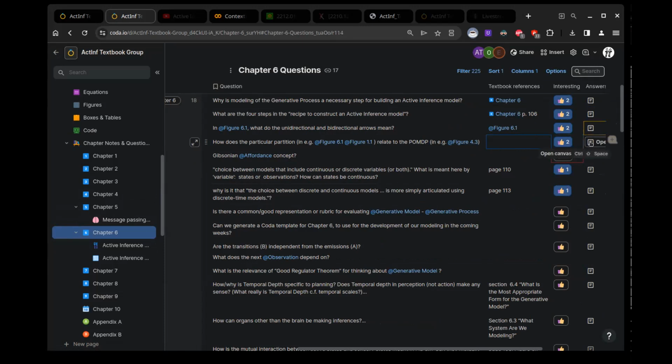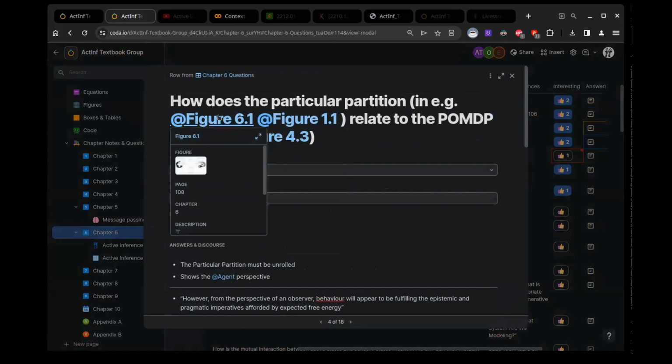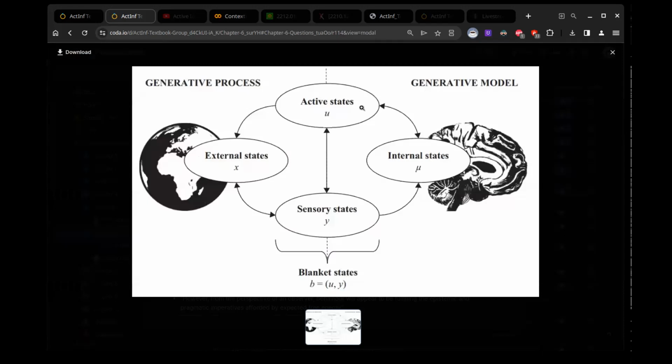Okay, a few more questions. All right, how does the particular partition, figure 6.1, the particle, blanket, and internal states, autonomous states, just internal and active. But the particle, imagine if you were looking at a dust particle under the microscope. That would be an inert particle. But a cognitive particle is like the agent in agent-based modeling.